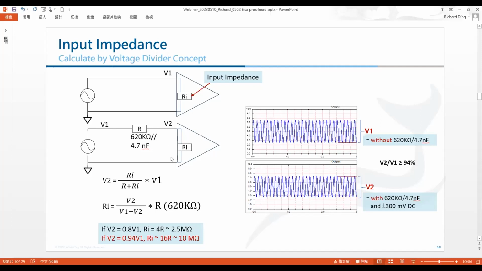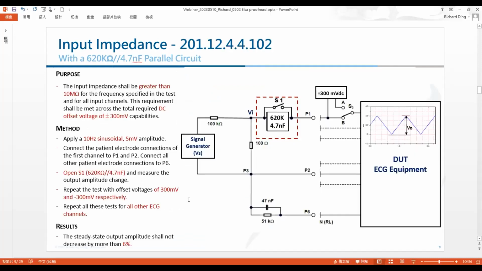Okay, so V1 is the first major readout, and V2 is the second major readout. V1 and V2 are already known values, and R is 620 kilo ohm. So the Ri can be calculated by this formula. Okay, the standard asks